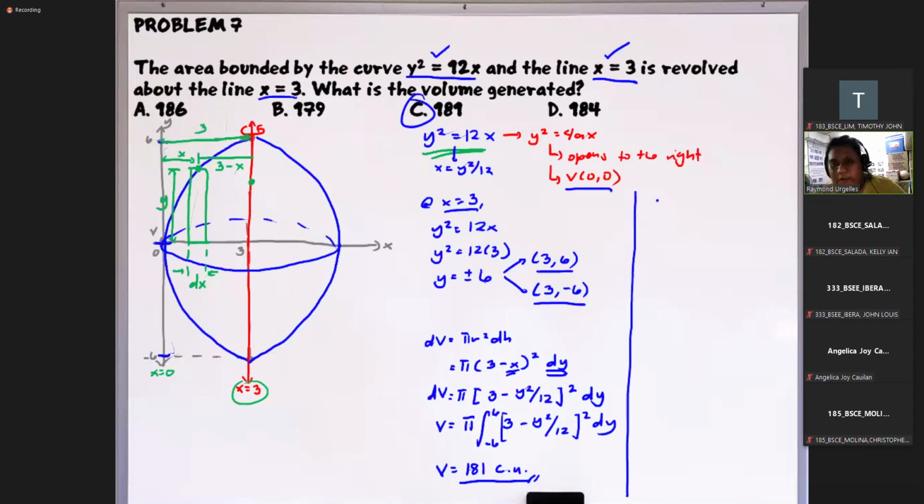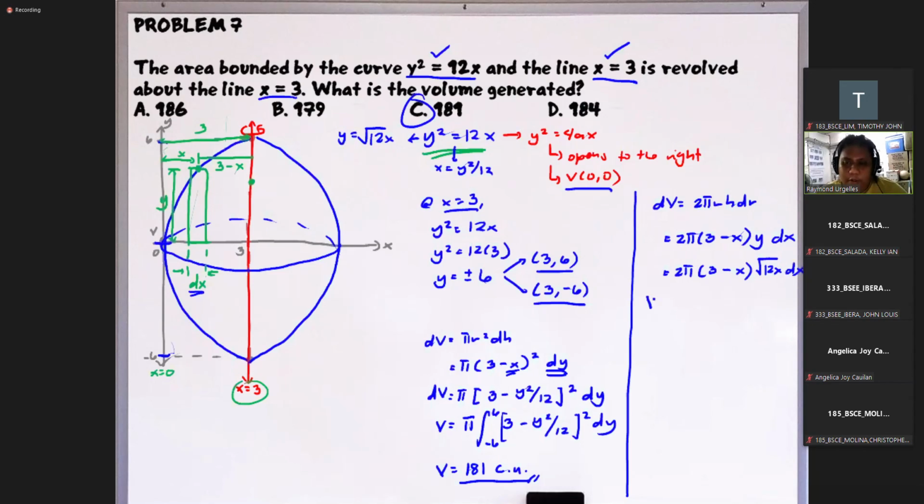Okay, so pag i-consider natin yung differential volume ng cylindrical shell natin, that's 2 pi r h dr. Base dun sa mga nakuha natin, yung radius ay 3 minus x. Tapos yung height natin is y, tapos yung dr natin ay dx. Then substitute lang natin yung mga given. Since dx to, kailangan naka in terms of x tayo. Saan equal yung y? Mula dito, square root of 12x yung y natin. So therefore, this is square root of 12x dx.